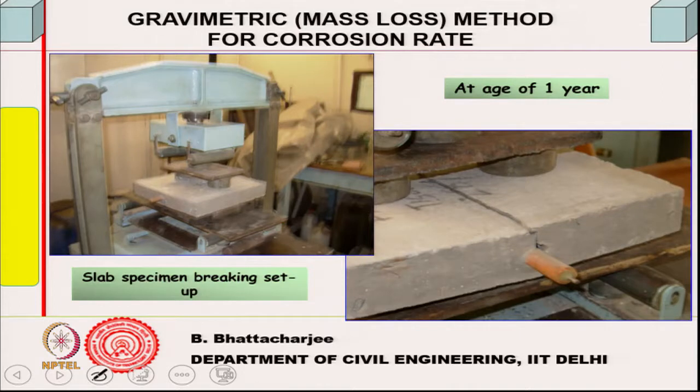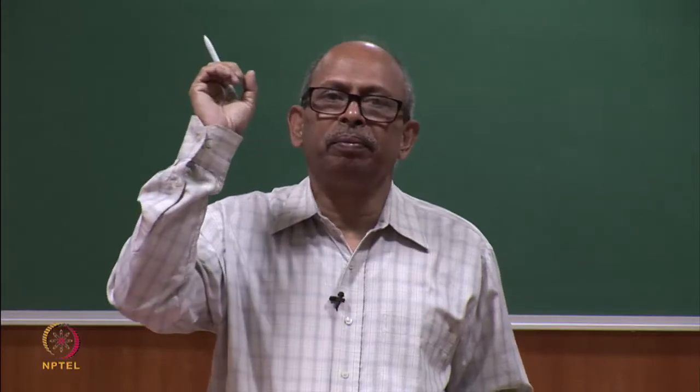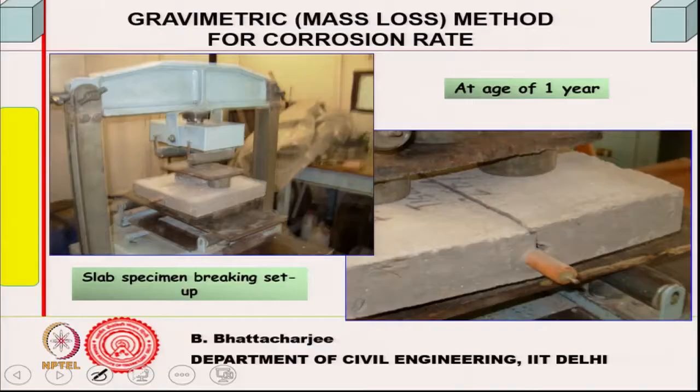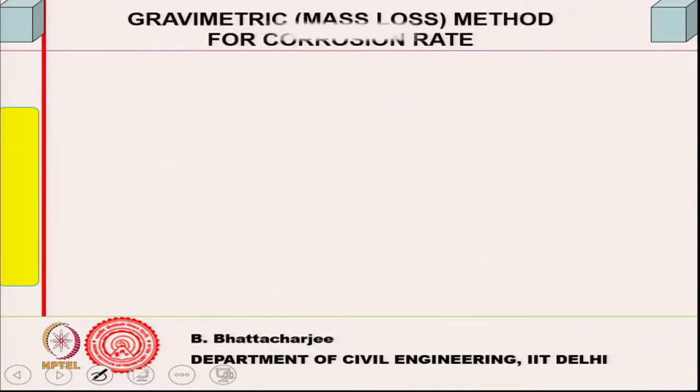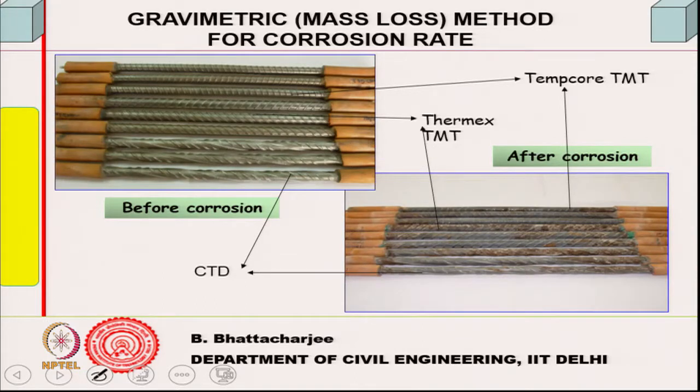Another way of measuring is simply to measure by mass loss. From an actual structure where it has corroded at a given time, take out a small piece of bar. If it is laboratory type, then make the bar fail. There is a reinforcement bar which has corroded. You can see it is covered here, so that no corrosion can come from outside, it was corroding from inside. Once corroded, you might get something like this. This is before corrosion, after corrosion, the bar will look like this. You can say this is corroded, right.